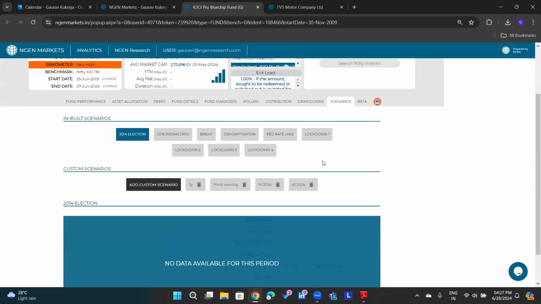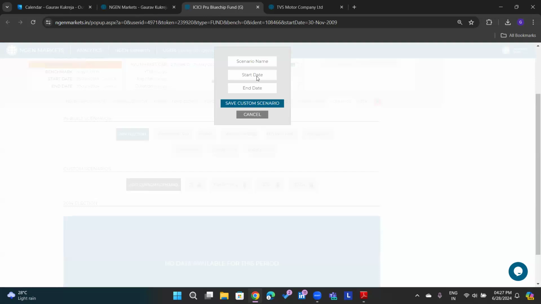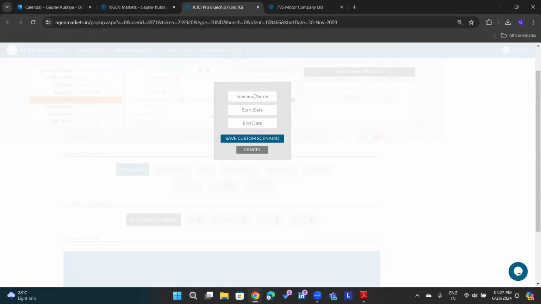In this analysis, you can do an analysis for a particular time period. As you can see, there are some built-in scenarios like the 2014 election, the lockdown periods. Also, you have an option to create custom scenarios. You can do so just by clicking Add Custom Scenario. And let's say you want to analyze the fund for a period of, let's say, the first